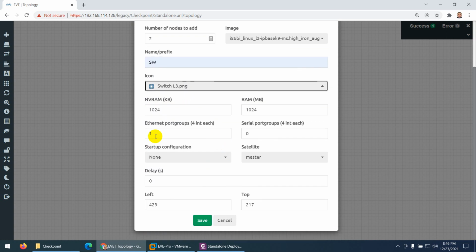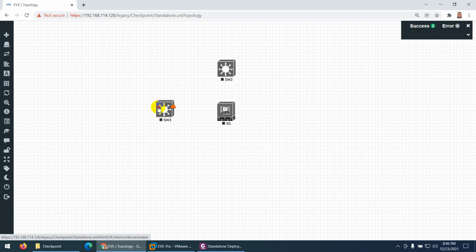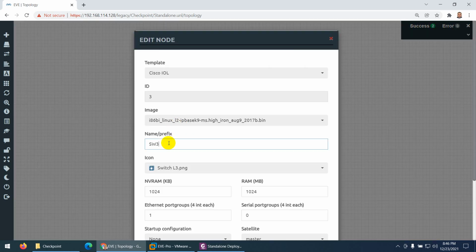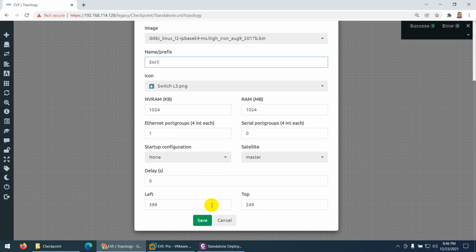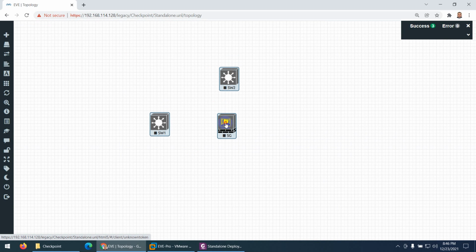The interfaces are okay. There are 4 interfaces, we just need 3 interfaces, and click save. So now I have 2 switches as well. Let me put this switch here, and let me change the name of this switch. You can give them names like LAN switch and DMZ switch as well. So now we have 2 switches.